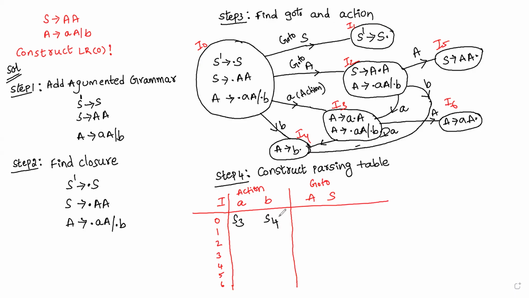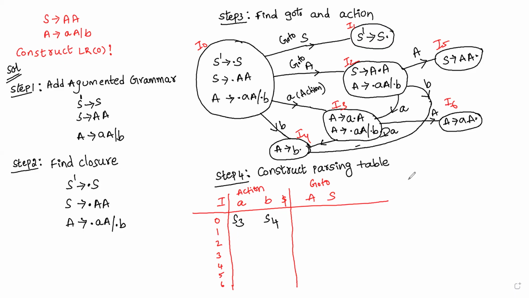Okay, friends. Now you can observe one of the important points when the augmented grammar ended. In the augmented grammar, the production is S' tends to S dot. So I1 is ended at I1. That's why you need to take one more variable. In the action moves, I can take one more column, that is called dollar. So remember, when I1 is ended, instead of dollar